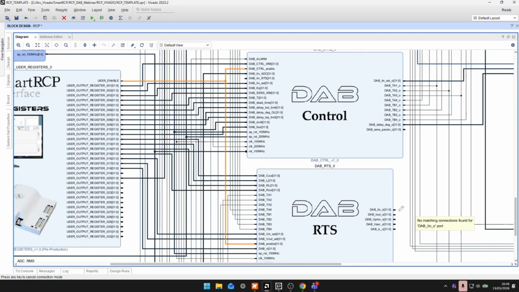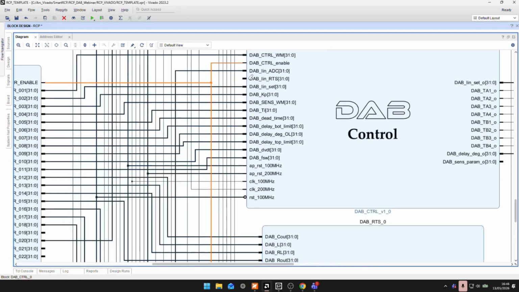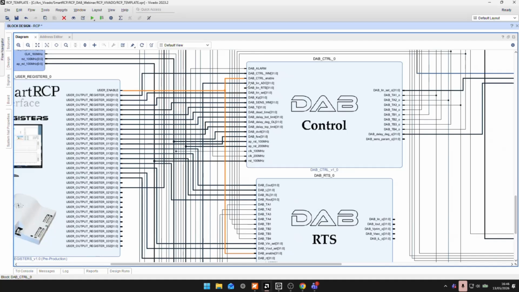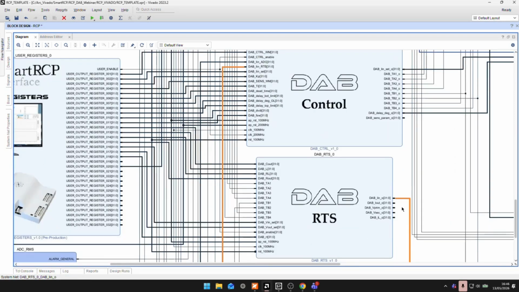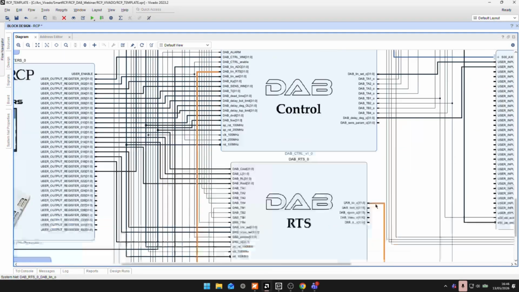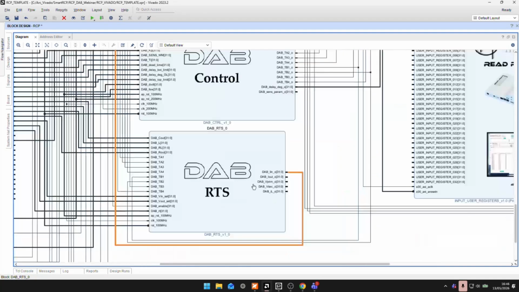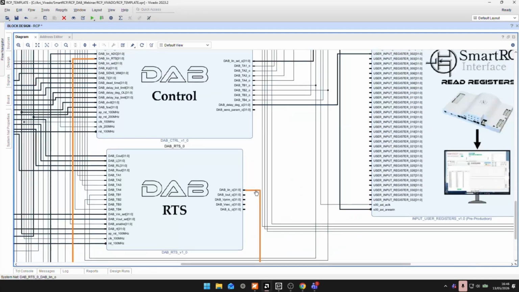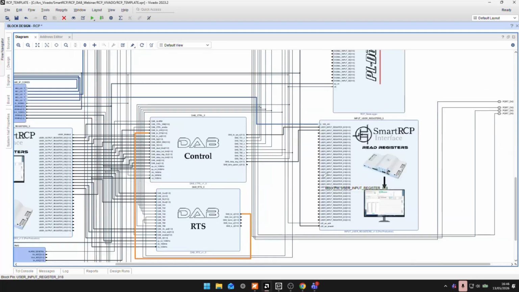And then, as we have seen before, the last signal that we have here is the input current of the RTOS model. So we are going to connect this signal to our RTOS model in order to validate the operation of the control IP with our real-time simulation capabilities. And finally,